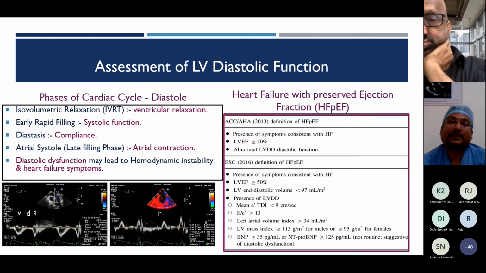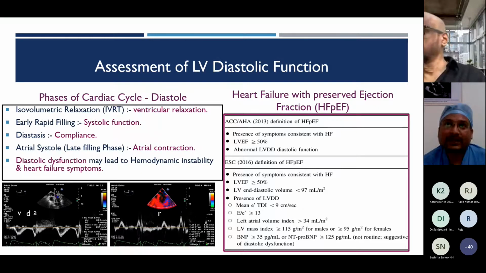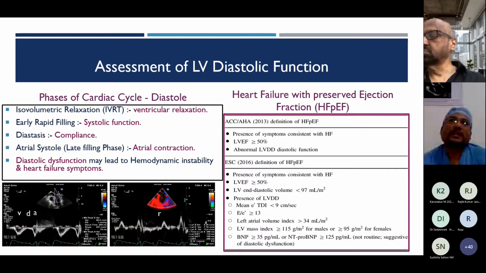LA volume assessment, if it is more than 34 ml, then definitely the patient is having some sort of diastolic dysfunction, because usually the LAs are enlarged. Post mitral valve replacement, the LA size becomes smaller and volumes also reduce. So probably going by volumetric analysis of LA can be a better choice. And color M mode propagation velocity can also be done, but it becomes a little irrelevant because the mechanical prosthesis is in place. TDI also cannot be done. So LA volume assessment can be one choice in such patients.